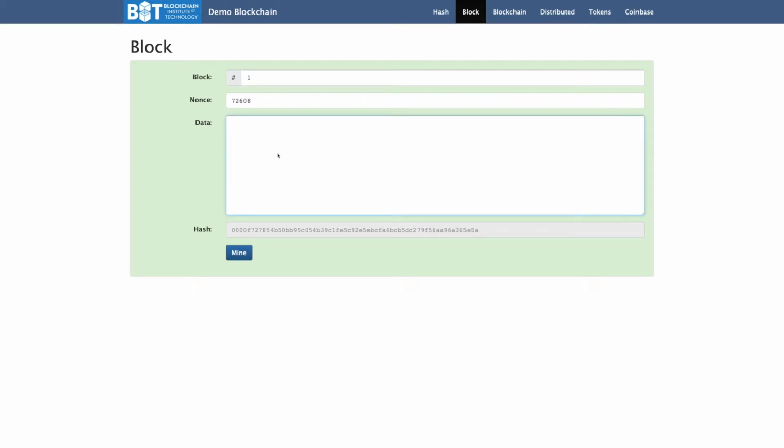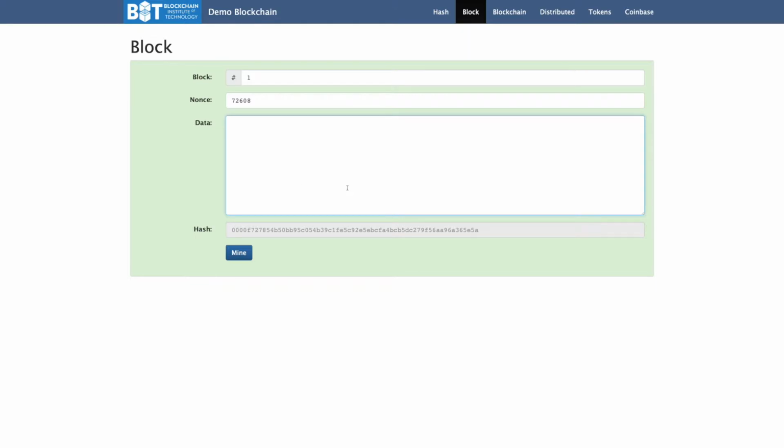So now that we understand more or less how a hash works, let's make a block with it. Let's say a block is only three values that are being hashed together: the block number, the nonce, which is a nonsense number we'll see what it's for later, and any data I want. Let's say I want my rule to be that they only accept blocks whose hash has a certain number of zeros at the start. So let's say this hash has, for example, four zeros.